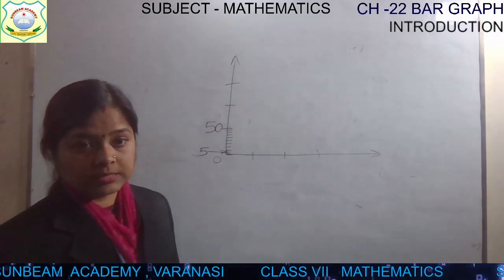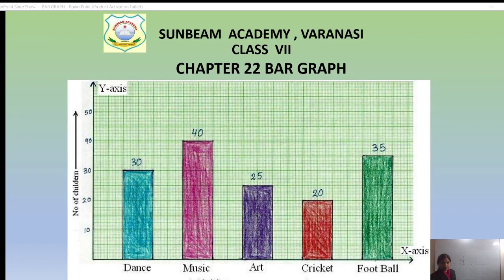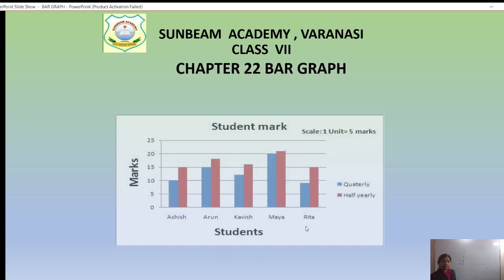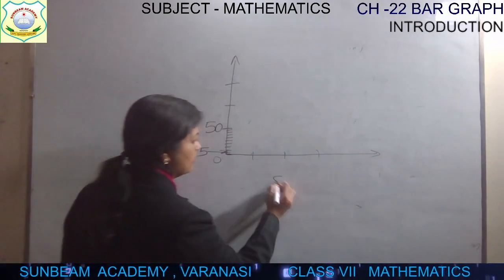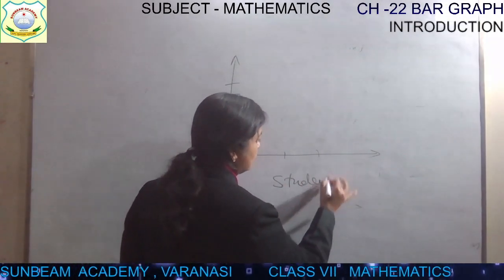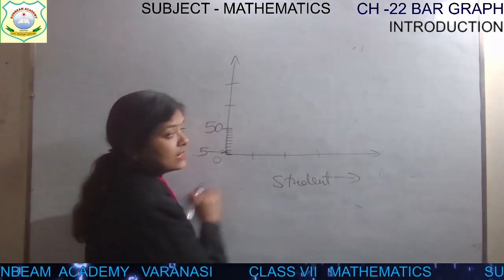If you will use this, so you have to plot in this way, children. Let's see this one, children. Let's see this one. Student mark. This is the bar graph heading. Student mark is the bar graph heading. Student is the category axis title. What is category axis title? X-axis title. Here, if you will write student, this is the category axis title.